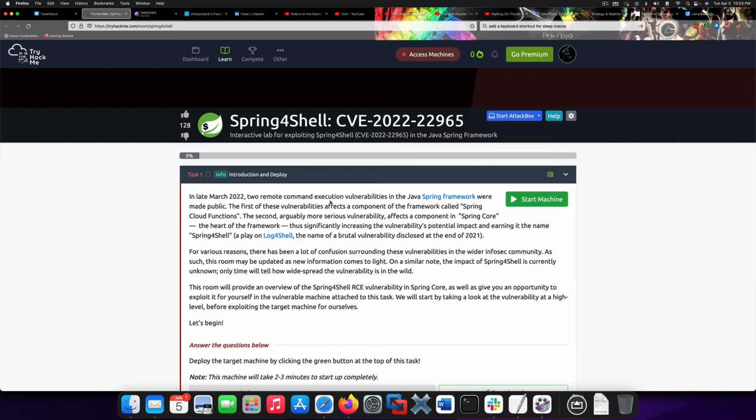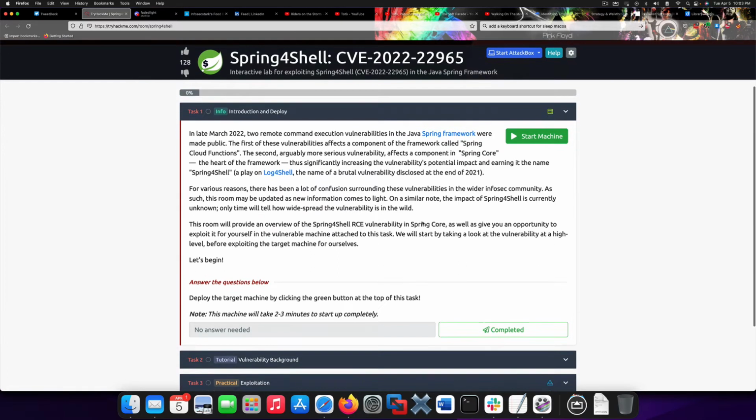This vulnerability affects the so-called Spring framework that is written in Java and affects basically two components, one called Spring Cloud Functions and another one called Spring Core. The so-called Spring4Shell vulnerability affects this latter element,